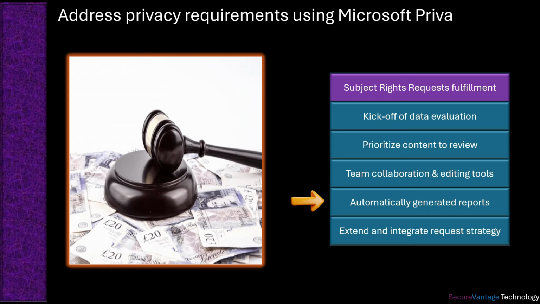These reports include the data package to be sent to the data subject, audit logs, and a summary of tagged files for any necessary follow-up actions. Priva automation capabilities can be extended using built-in Power Automate templates for common tasks like setting calendar reminders or creating records in ServiceNow. Additionally, the Microsoft 365 Subject Rights Request API can be used to enhance your existing subject rights